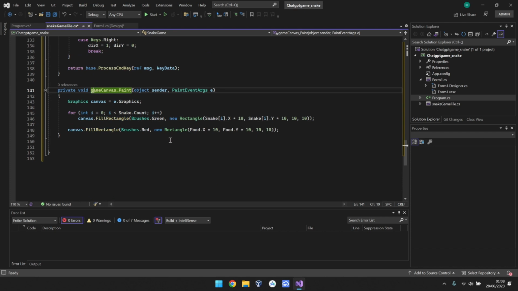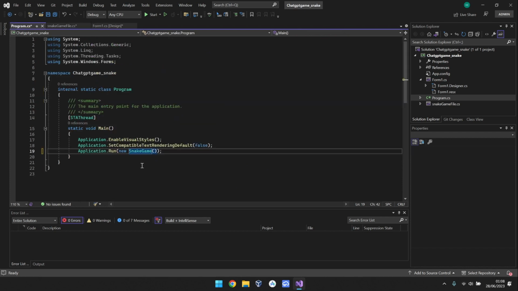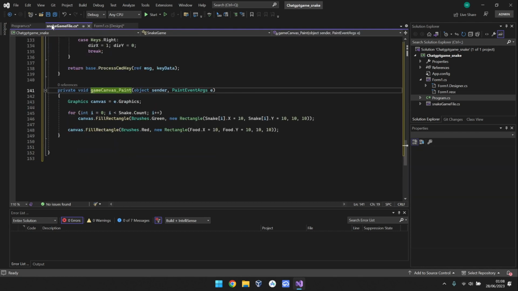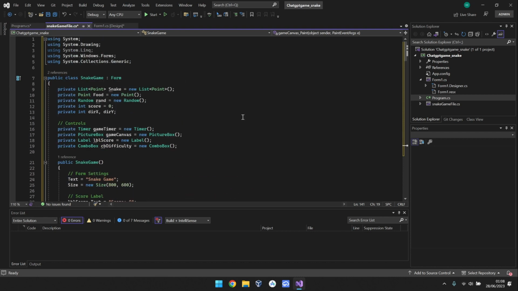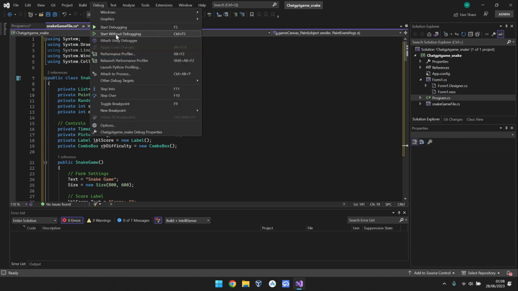Okay, so jumping back in here, we still see our snake game is now in the main thread here. Let's go ahead and run our code and see what ChatGPT was able to output so far. If there are bugs, we'll solve it together with ChatGPT. So I'll go over to debug, start without debugging,